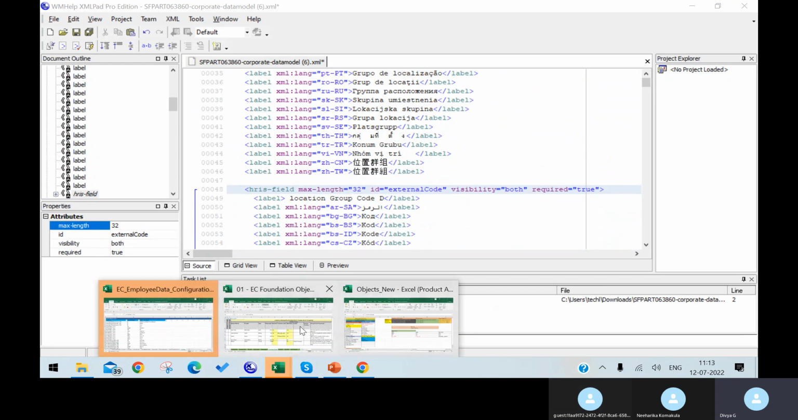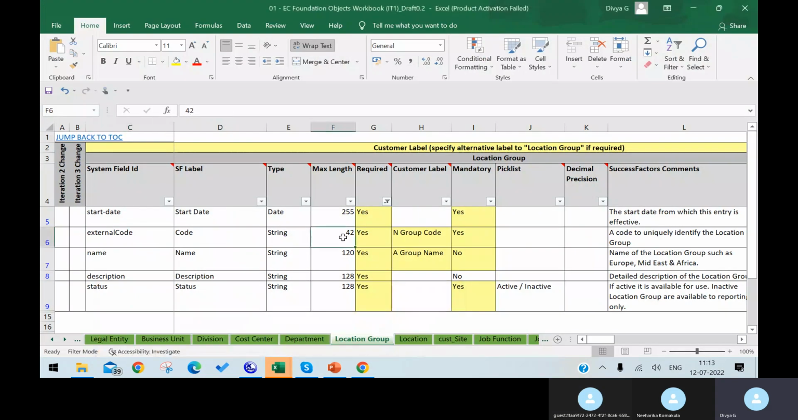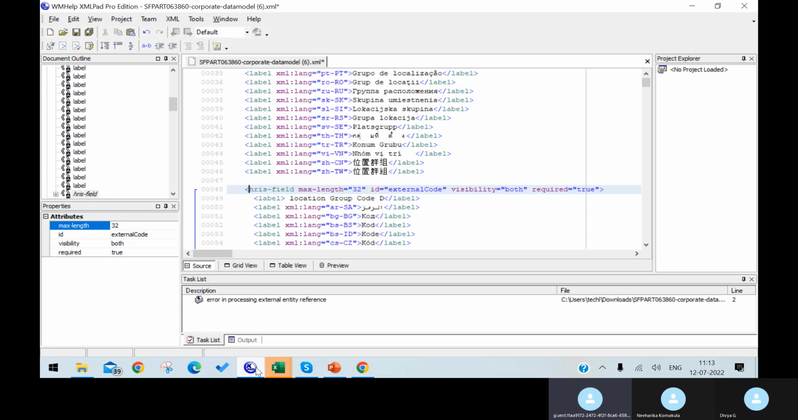And as per the sheet, I want to configure. So external code here I have mentioned 42 characters and I want to give the name as and group name. And mandatory is yes. Visibility is also yes. So I'm making this maximum length as 42 and visibility is yes and mandatory is yes. And I'm giving name as